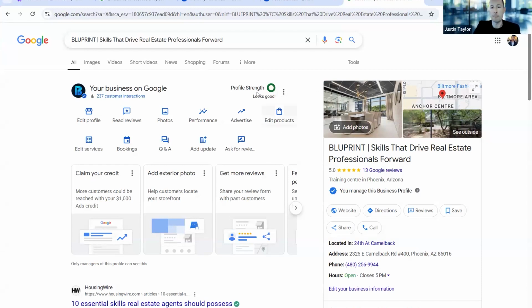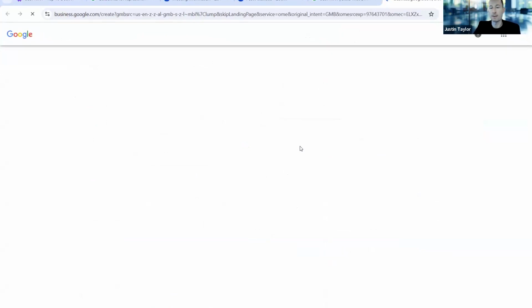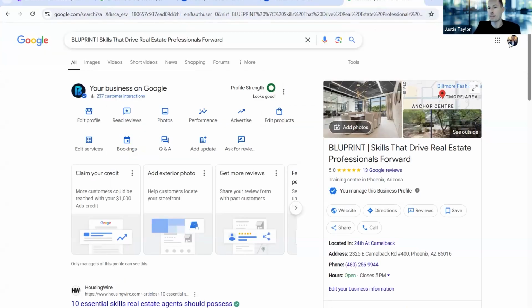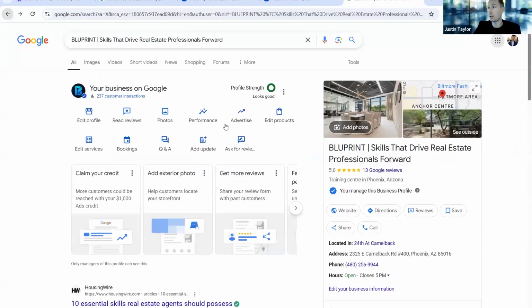Okay, got it. So when you're in your profile, if you click the three dots here, you can click add a new business profile and it will add it under the same Google account that you have. Then you're going to have multiple listed here. I can't even get to that because I'm not visible. Well, you should be able to see it to edit. Do you see this at all when you're logged in? Nope. Okay, so we might have to jump on a call, because even if it's suspended, you should be able to go in and edit.